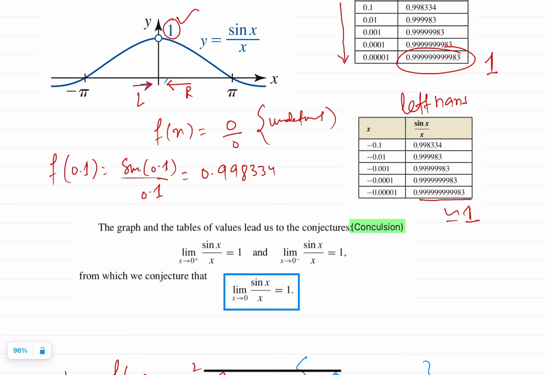So from the table and the graph, it leads us to the conclusion that the limit of the function as x approaches 0 from the right hand side is equal to 1. The limit of this function as x approaches 0 from the negative side is equal to 1. So we can say that the limit of this function as x approaches 0